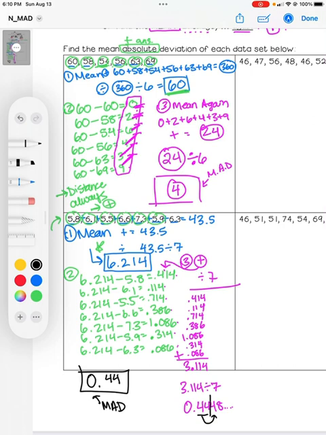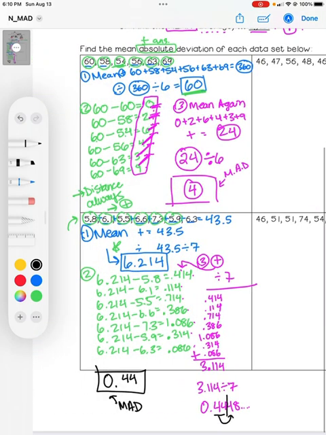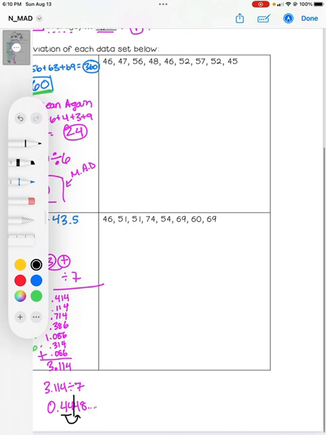Okay, now I think we've got a pretty good handle, maybe at least, on what the steps are. So I'm gonna move over to the side and we will do 2 more examples. So we've got the first step, we'll do the top right box. The first step is to find the mean, and to find the mean we have to add and divide. So we're adding 46